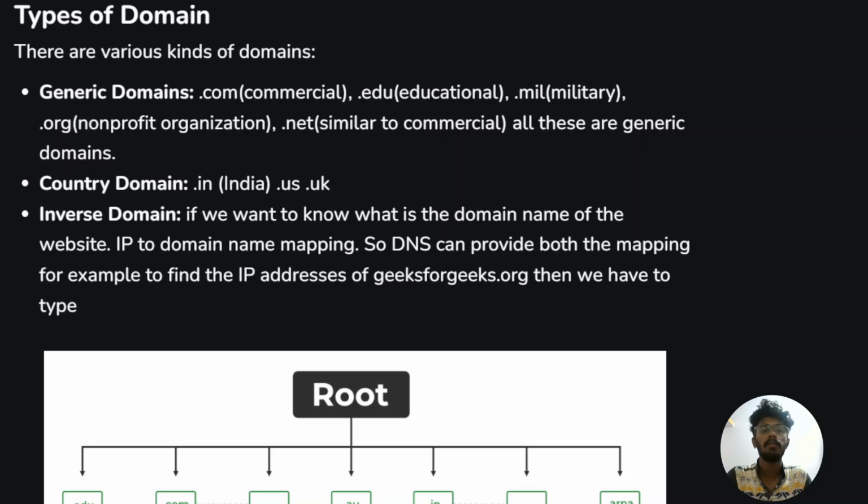Types of domain. There are various kinds of domains: generic domains, country domain, inverse domain. Generic domains, for example .com, .edu, .mil. Country domain, for example .in, .us, .uk. Inverse domain, if you want to know the domain name of a website, that is IP to domain name mapping. So DNS can provide both the mappings, for example, to find the IP address of geeksforgeeks.org, then you have to type